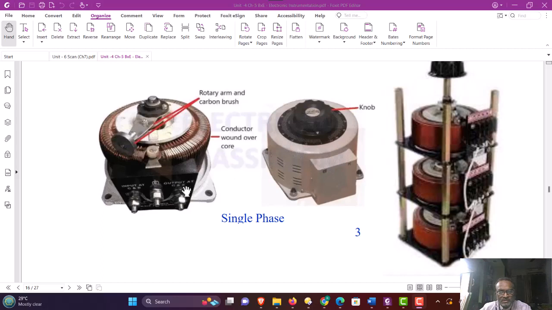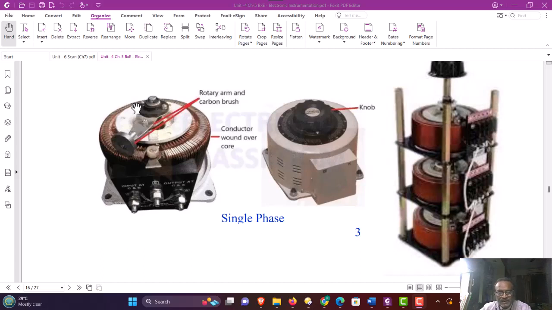The cover is removed and you will see there is a cylindrical core on which the winding is wound, and there is a wiper connected, and to the wiper there is a rolling type of carbon brush provided, whereas in this winding, the area which is coming under the brush is de-insulated, means the insulation of the winding will be removed so that the carbon brush can make contact with